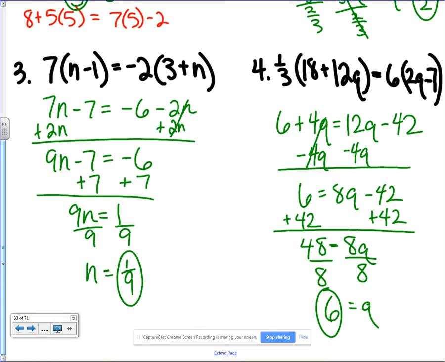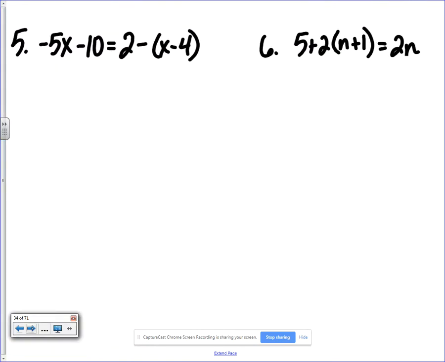Okay, so there we had to distribute on both sides. If we take a look here at number 5, you'll notice the left side does not have anything to distribute or combine. But on the right side, I can distribute the -1, which looks like that. And then I can combine the 2 with the 4. So I have -x plus 6 on the right side,